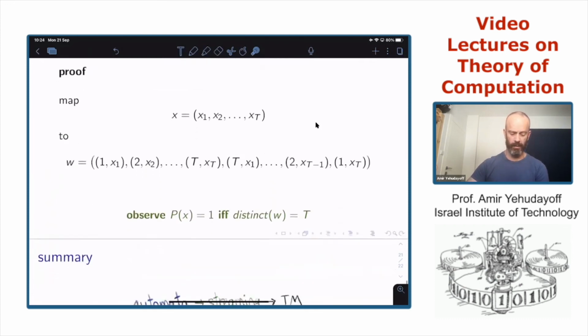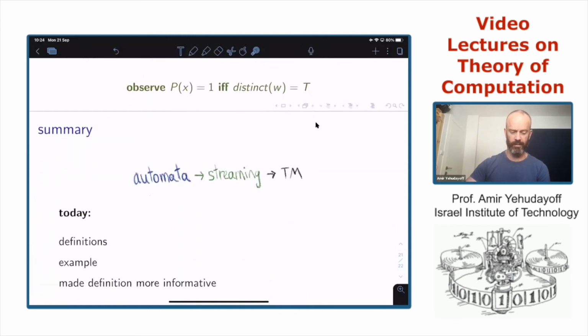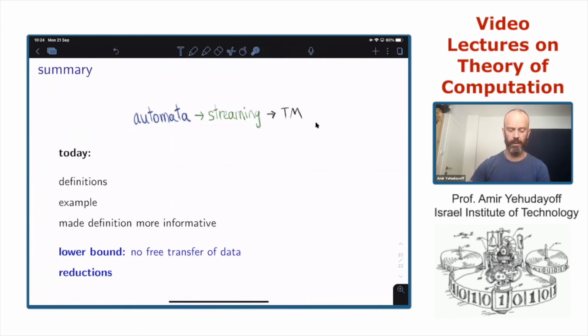Okay, so let me summarize this lecture. This lecture is about the streaming model, which is a hybrid model between finite automata and Turing machines.